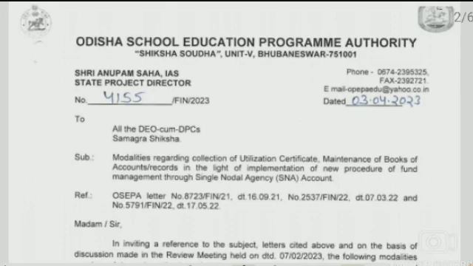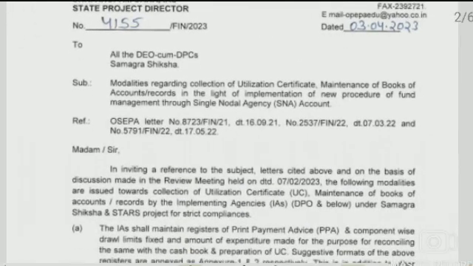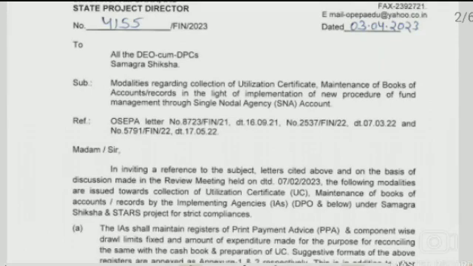You can understand that. This is a letter of the Government of Odisha, that is OSEPA. Like this, in every state the same thing happens, because PFMS is implemented all over India. So you have to understand the modalities and formalities, how you have to submit the UC. It is the same procedure everywhere. So you see first what has been written: